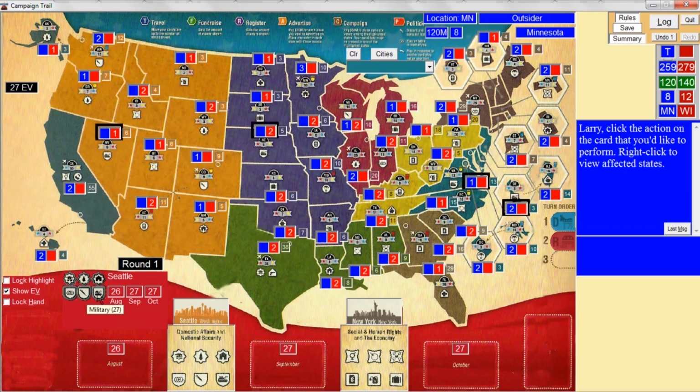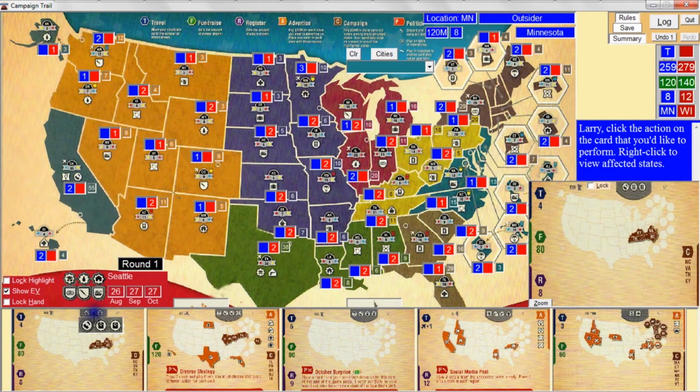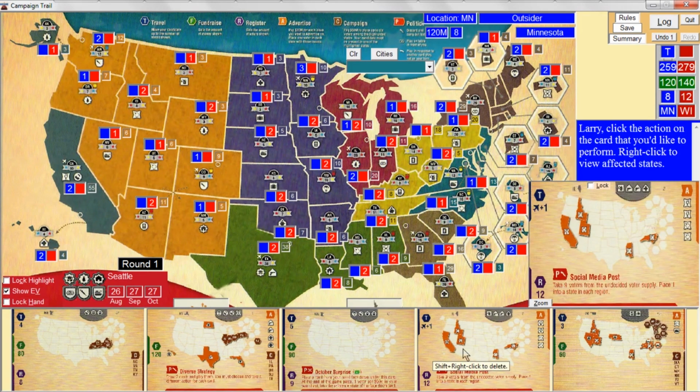in preparation for a debate, I want to be sure that I have cards in my hand that focus on the issues that are going to be discussed in the debate. The debate issues are shown along the upper right edge of the card. Hopefully between now and the end of August, when that deck empties out, I will have accumulated some cards that